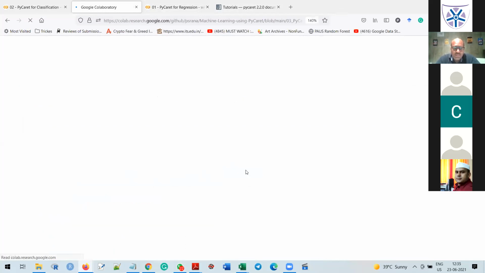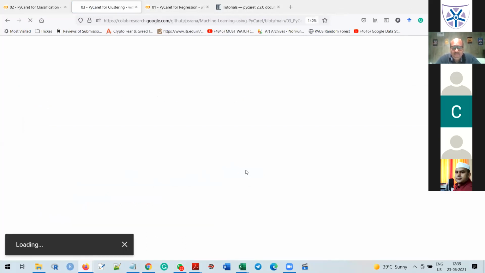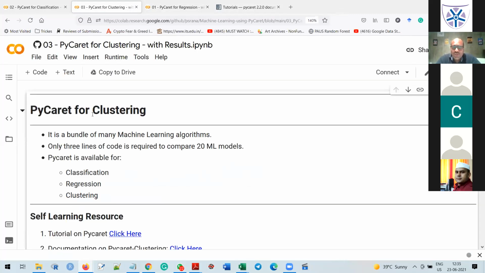Open in Google Colab. Now just open the clustering part. So this is the third practical session on clustering. First, clustering is unsupervised learning, meaning the target column is not there, meaning my data is an unlabeled data set. So that will be considered the clustering part.